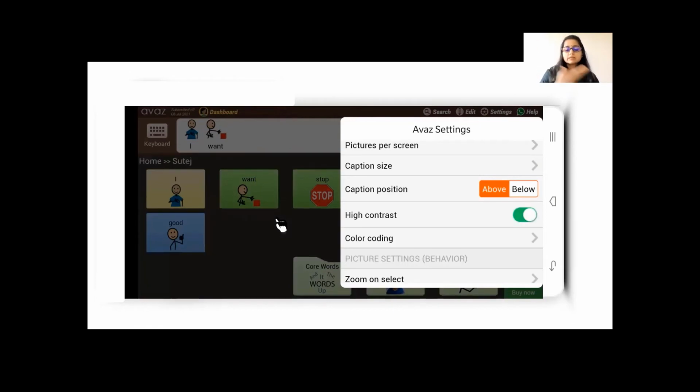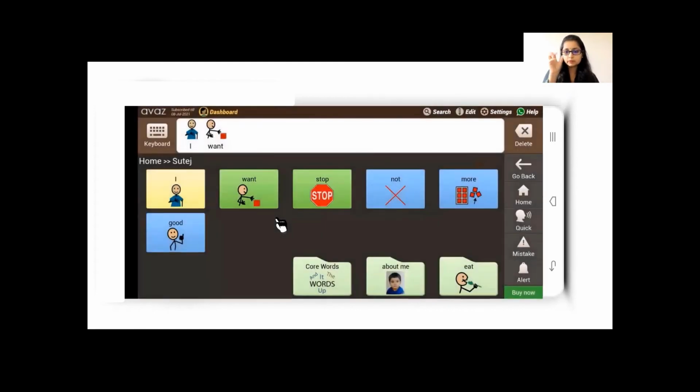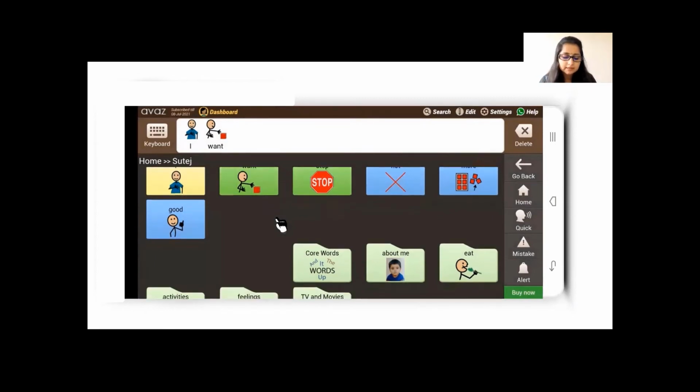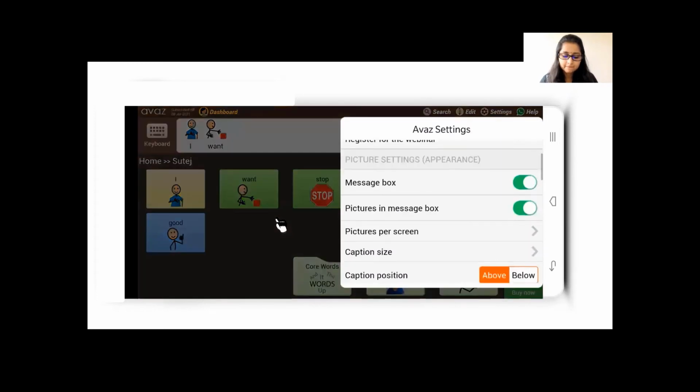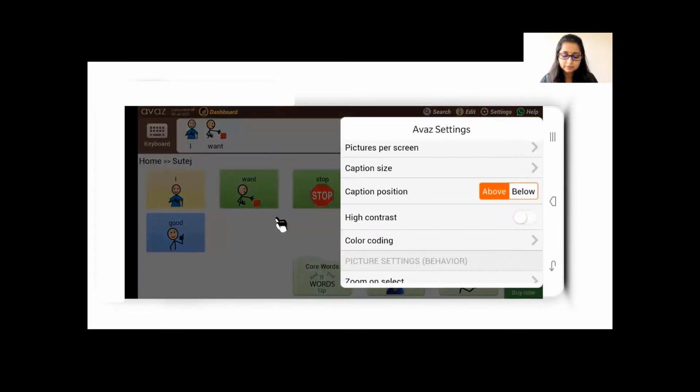So this makes the background dark, and the visibility is much more when the contrast is darker, right? So this is called high contrast mode, and this is very useful when children have visual impairments. So this can be turned on. So I'm going to turn it off.